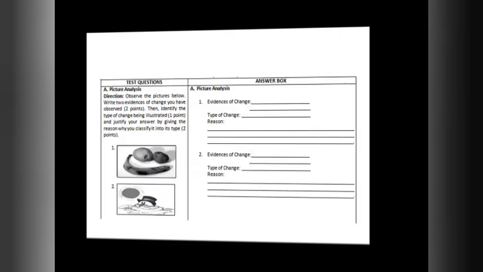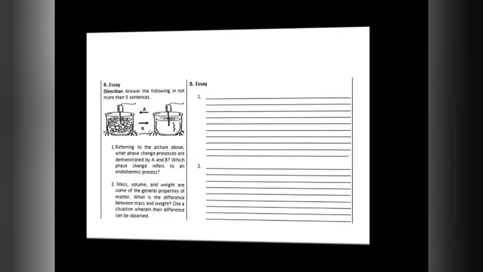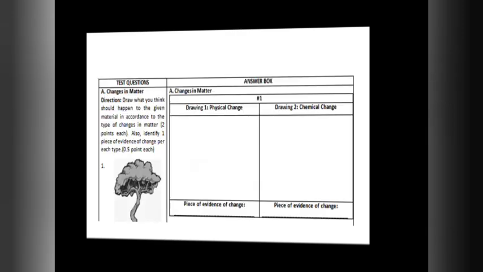a process test. This one does not only ask students to identify, but rather to reason out for their answer, so therefore this is an understanding type of test. The same for this one, as it requires students to explain his or her thoughts on the diagram being shown. This one is also a process test, as it requires students to carry out a particular process to answer the